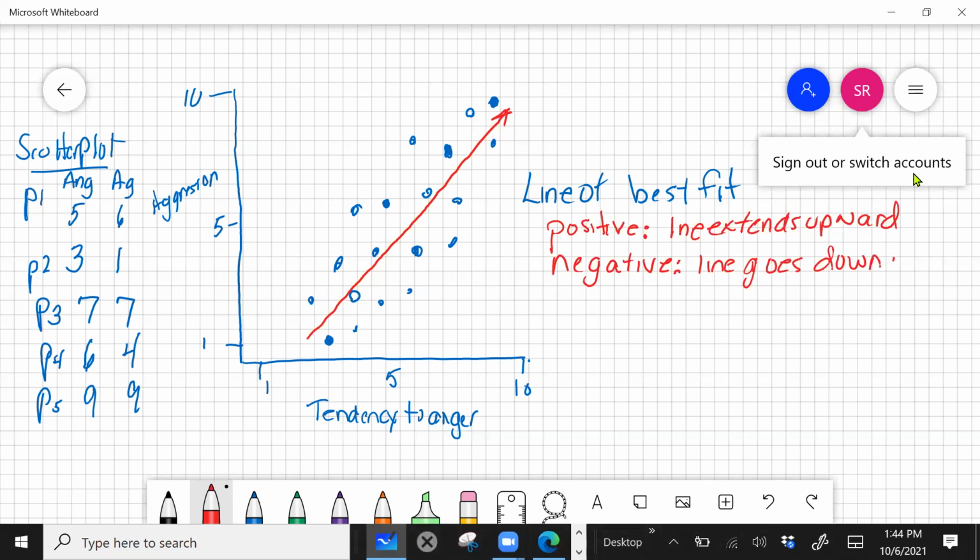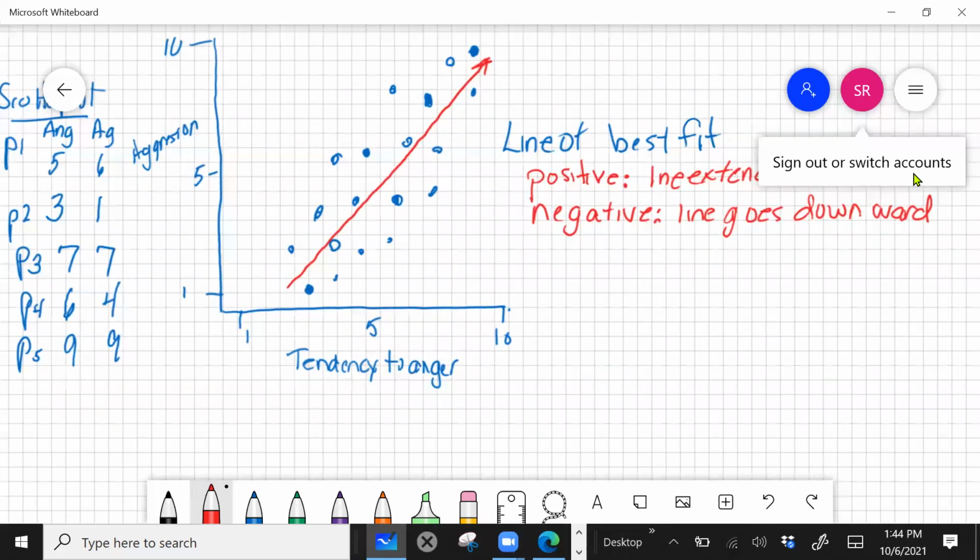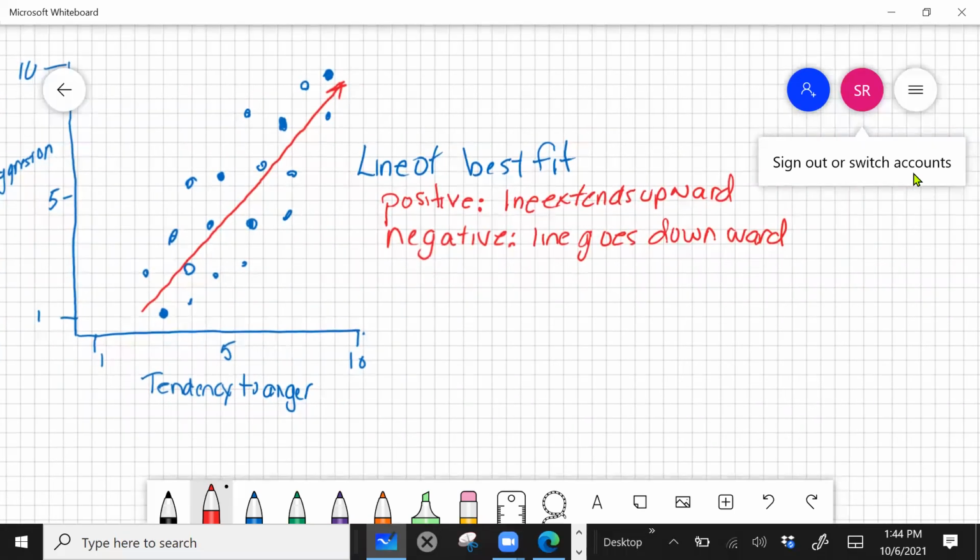Now, I want to give you a little bit about the test that we use to measure this. So you've already worked with the two aspects of correlation that we measure. We measure